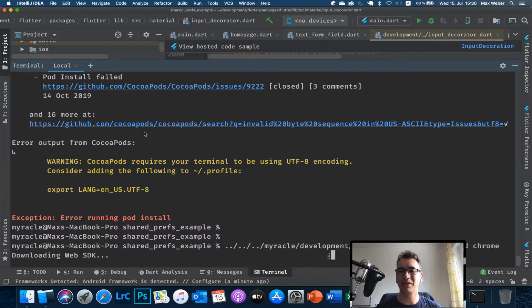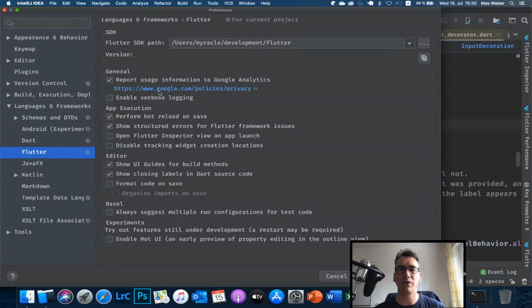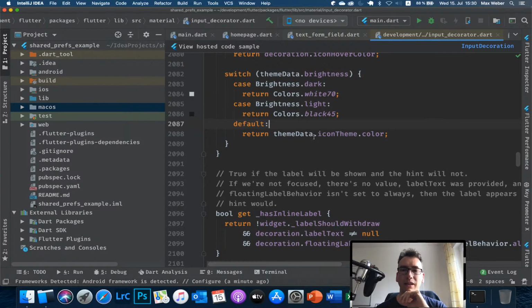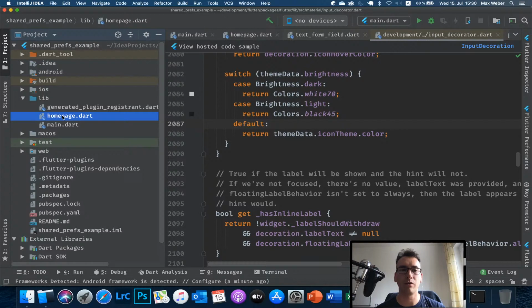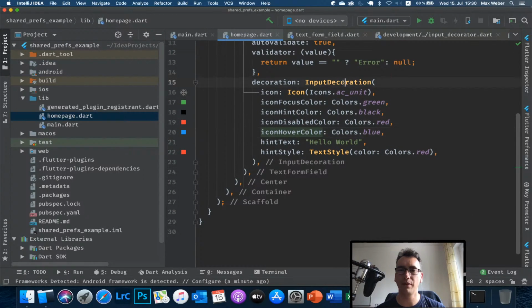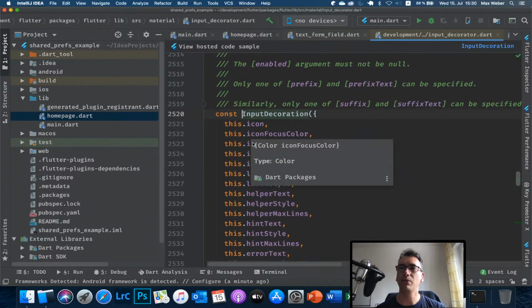No, the setup didn't change. What I do at the moment is, because we are working currently with the Flutter SDK that I have installed with the new master, right? So that I see my changes right away inside of the demo case that we created. So if you remember that Hello World example, now if I'm jumping into the input decoration,